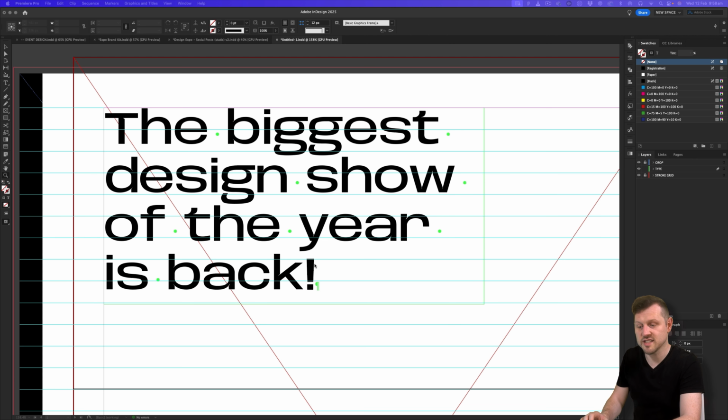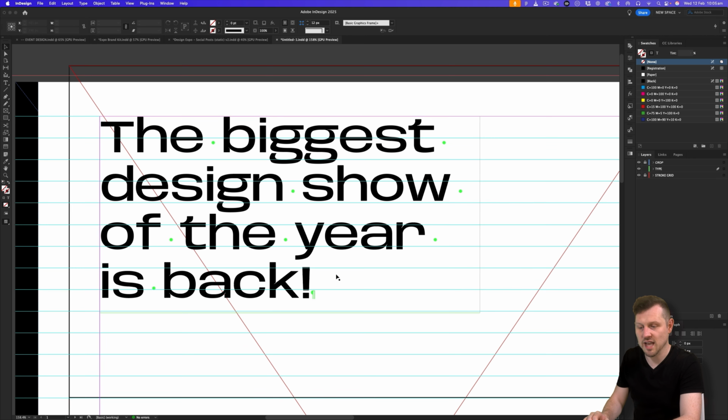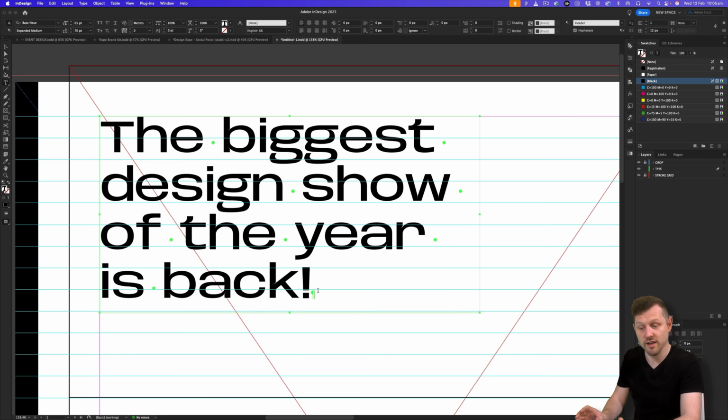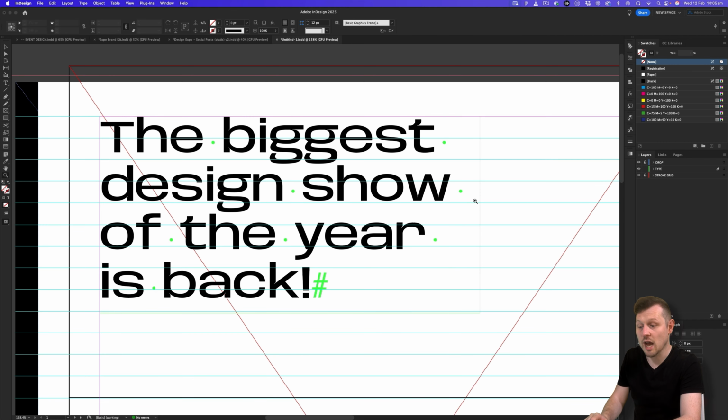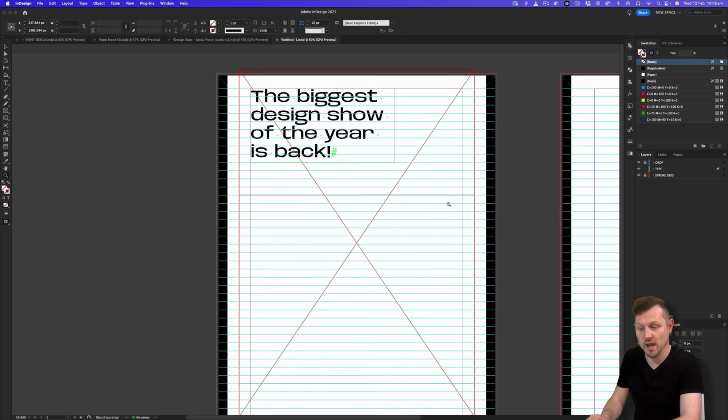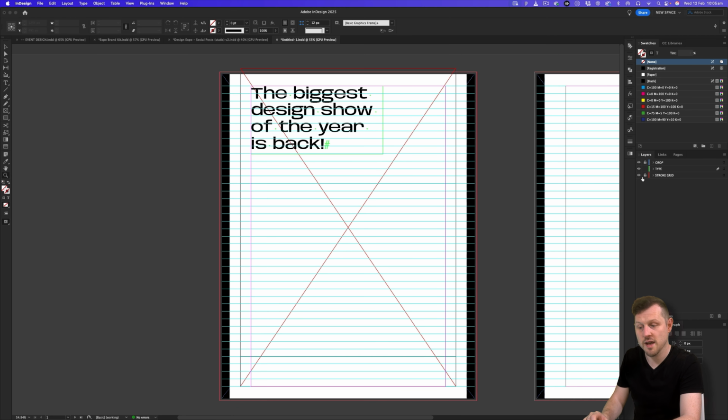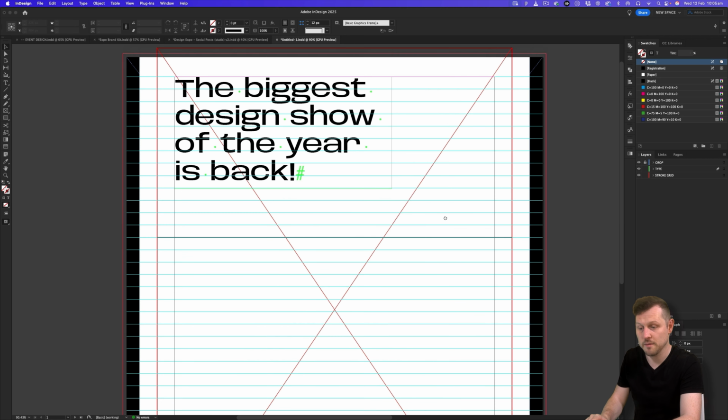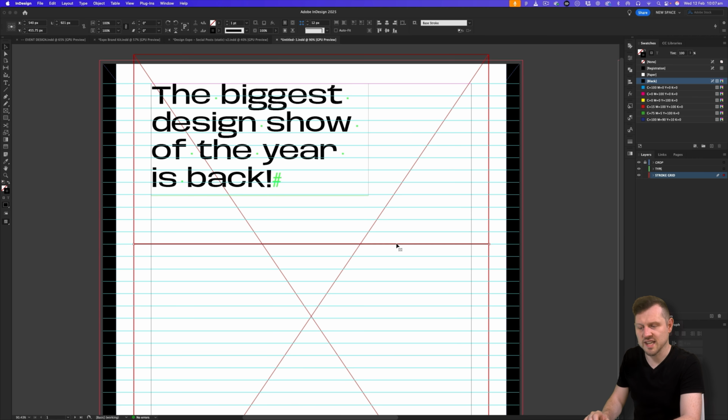So right now I can see there is a paragraph break at the end of my text. I don't want this, so I'll place my mouse cursor at the end and press delete to remove it. Now my text is nice and clean. So now I have the header type in a good position. I can now come and unlock the base stroke layer and drag the horizontal stroke up to sit comfortably under the type. What I want to aim for is to get about the same amount of space above the text